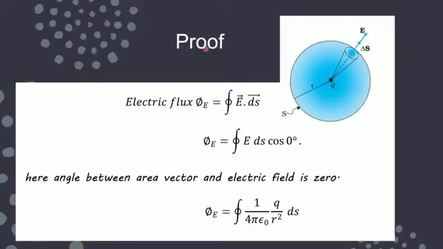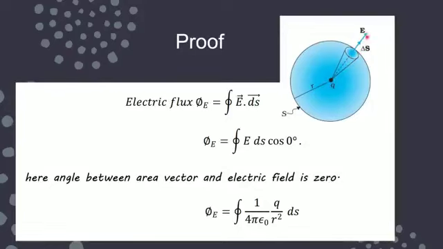We want to prove the Gauss theorem. For proving the Gauss theorem, again the same point charge I have taken, a positive point charge, and we are making a Gaussian surface by taking small r as the radius. We have drawn a sphere around this positive charge, and when the charge is positive, field lines are in the outward direction. And of course we have studied field lines are always perpendicular to the surface, so direction of field